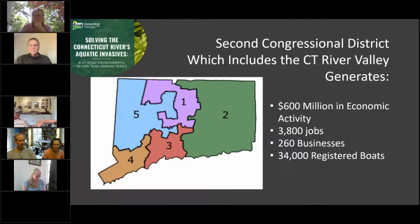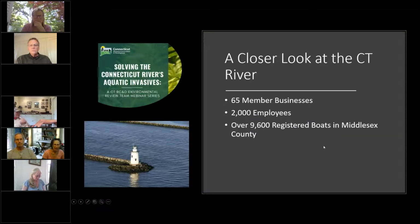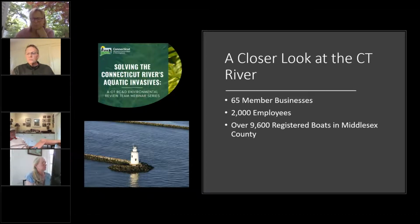If we zoom in just a little bit more to the next slide, and just looking at the membership in my own organization, just in the Connecticut River itself, there are 65 CMTA, Connecticut Marine Trades Association, businesses along the Connecticut River with about 2,000 employees spread out. That number, I'd say, is a little bit skewed with a couple of larger companies that we have. But if we're looking at the impact from our small business community up and down the river, it's about 1,200. So, you know, there's a lot of people touching the water from the